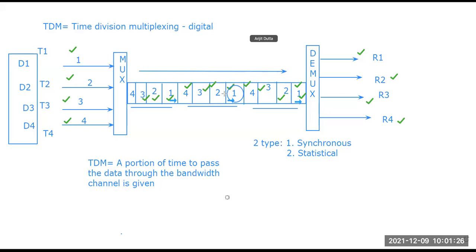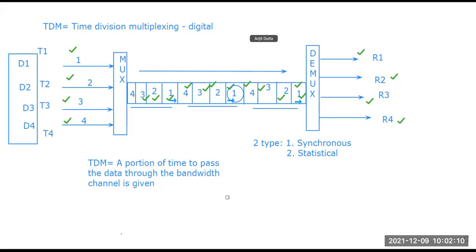But the given time here is allocated for device 1. So whether device 1 has anything to send or not does not matter here. Device 1 has its time to send the data, whether the data is present or any data needs to be sent. If it is, then the data will flow. If not, then the allocated time will still be there for D1. So after a certain time, if there is no data flow, it will be shifted to D2 after the given time. Whatever time is allocated, D1 maybe 4-5 seconds we are considering. So after 4 seconds, it will see that D1 sent nothing. So 4 seconds is over, then the time will be shared to D2, right?